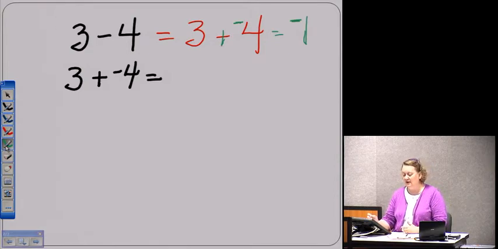And the thing that you want to see is, this is my duck theory. This 4 looks like a negative. When we change its sign, it becomes a negative. So if it looks like a negative, becomes a negative, which means it quacks like a negative. So it looks like a negative, it quacks like a negative, therefore it must be a negative. Well, it's not. It's a subtract sign. But because it's going to make it act like a negative,